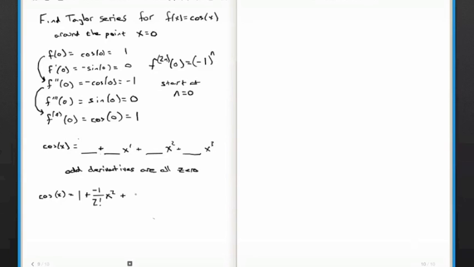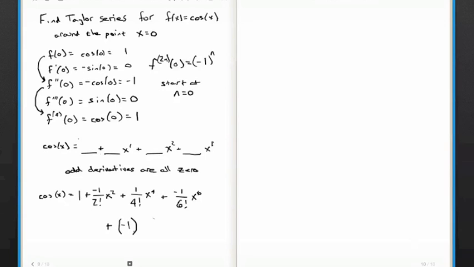So my fourth derivative is a positive 1 over 4 factorial times x to the fourth. Plus, my fifth derivative would be a sine, which is 0, so that goes away. So the next one is going to be a negative 1 over 6 factorial times x to the sixth. And finally, that comes out to plus a negative 1